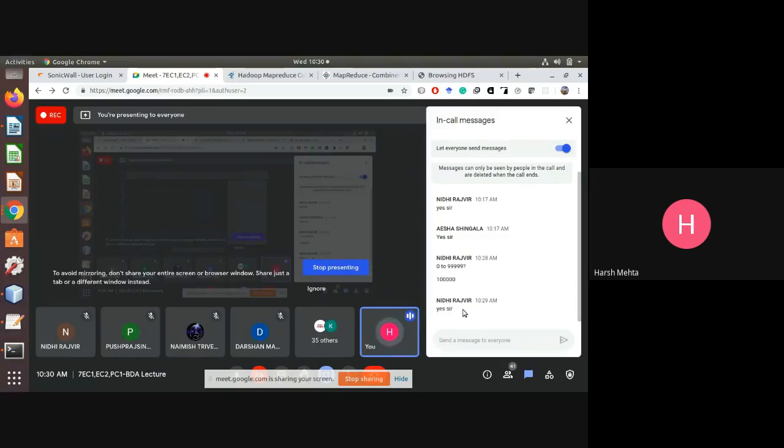Okay, so let's have a 5 minute break. After that, we'll start one more topic, that is the combiner and data compression in Hadoop. So let me take a 5 minute break here, and then we'll see the combiner and data compression topic in Hadoop. I'll be in mute mode. Any doubt, write down in the chat box.